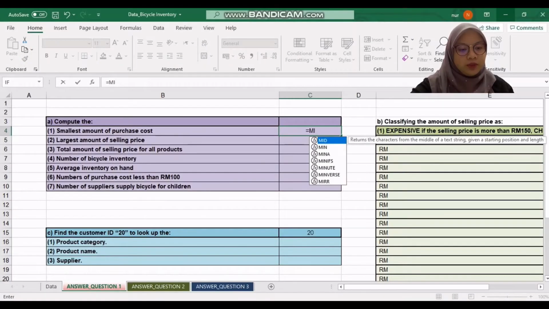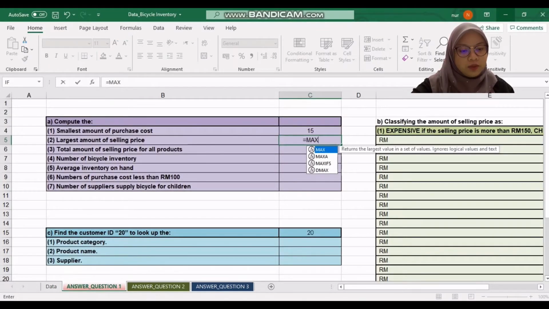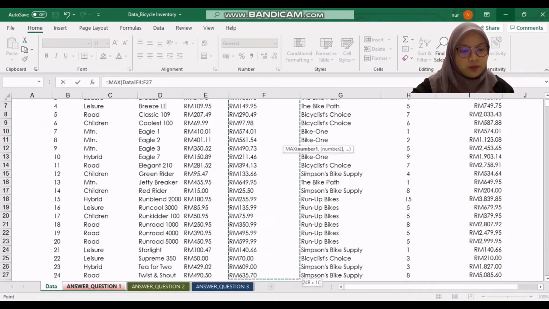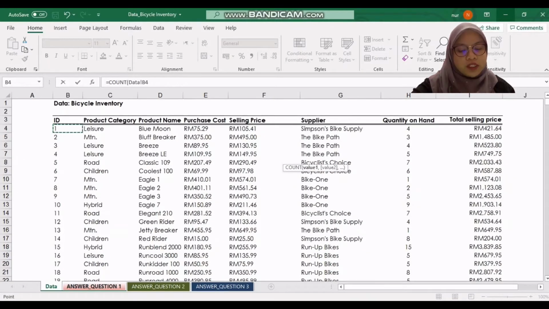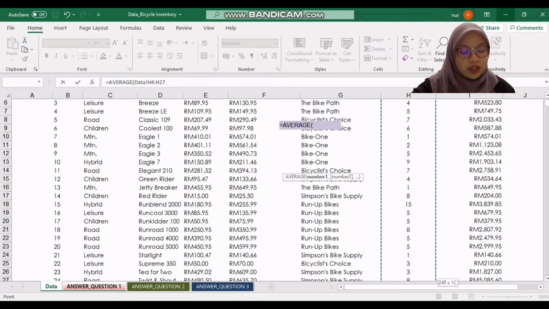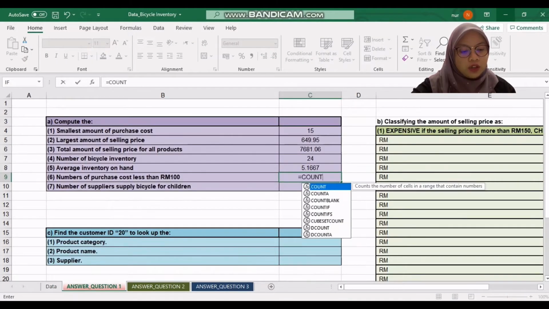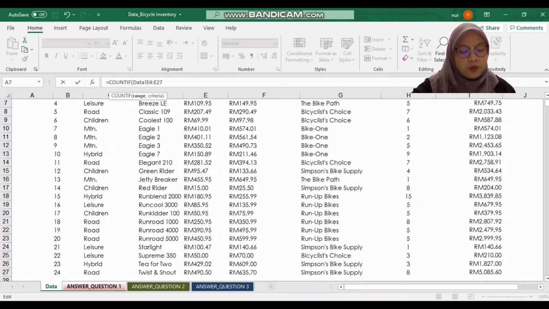Equal to minimum, and then select the data of purchase cost. Equal to maximum, and then select the data of selling price. Equal to sum, and then select the data of selling price. Equal to count, and then select all the data in bicycle inventory ID. Then equal to average, and then select the quantity on hand. Equal to COUNTIF, and select all the data in the purchase cost, and comma